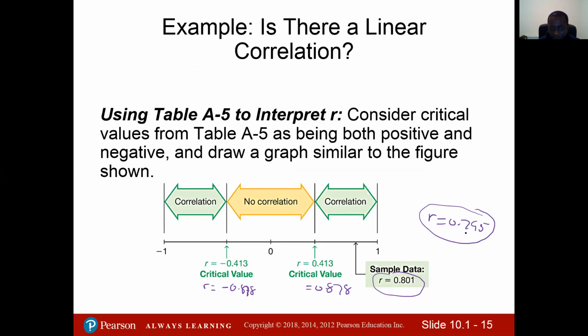Now, where does this value fall? See that this falls in the middle here. This value, 0.795, falls within these two values for n equal to 5. So you can say that here there is no correlation. Okay, so let's go back. If it's at 5%, where alpha is